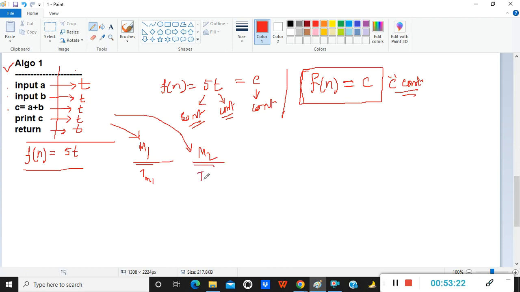Each time it will take T of M2. That's why we are saying that this algorithm is a constant time algorithm, and that constant time algorithm is represented by this mathematical function. Later we will derive the